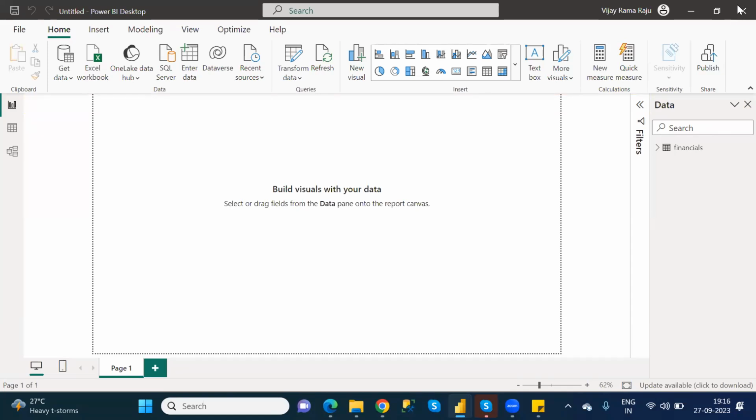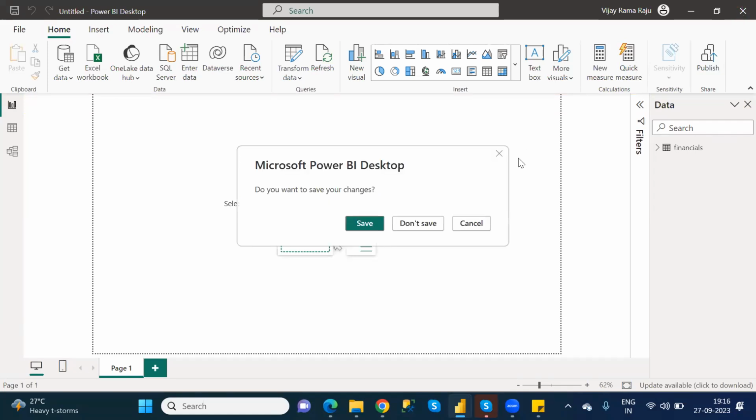Suppose I try to close this application without saving. When I try to close it, this pop-up confirmation comes.